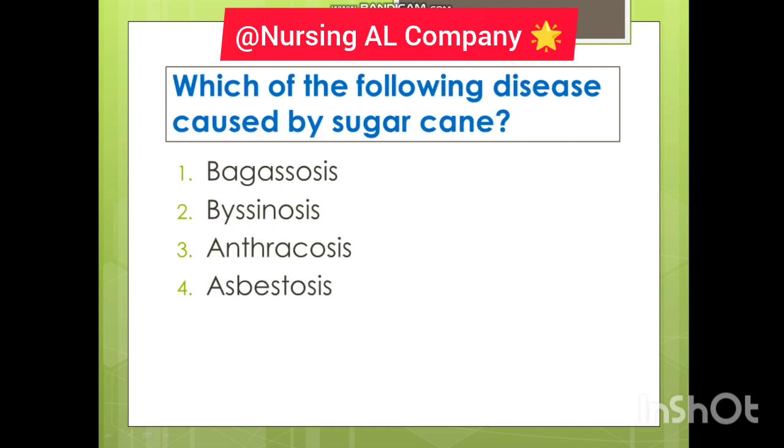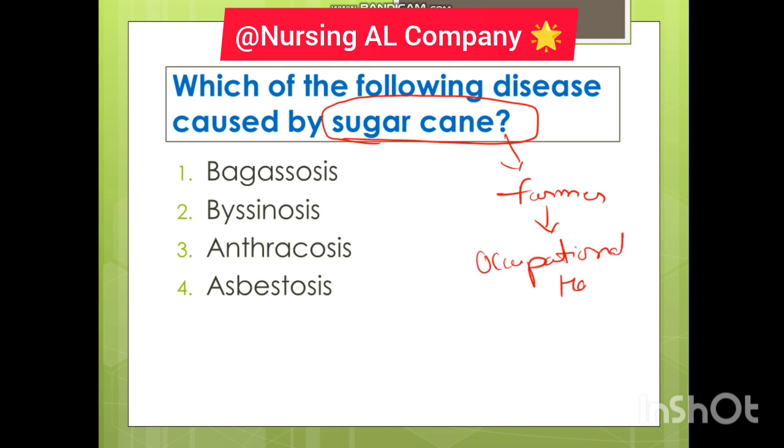Now here, which of the following diseases is caused by sugarcane? Those who work in sugar factories, the farmers or workers, face occupational hazards. So this disease comes under occupational hazards. The ones working in sugar factories mostly get it. So here the right answer